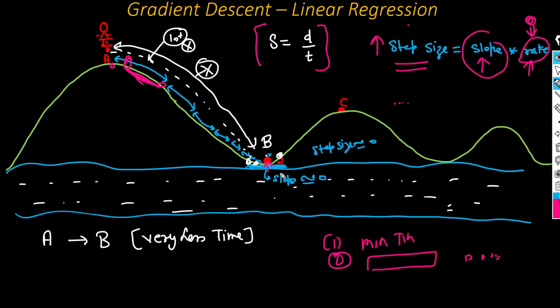this particular minima, right? If I take this large step, in that case I might miss this particular point, and I can move towards the C point. So that's why as soon as I reach near this point, I try to take small baby steps, so that I do not miss this particular minima. Same technique we use in gradient descent. Initially we take the large step, and as soon as we reach towards the global minima, we start taking baby steps, and the step size we calculate with the help of this particular formula.